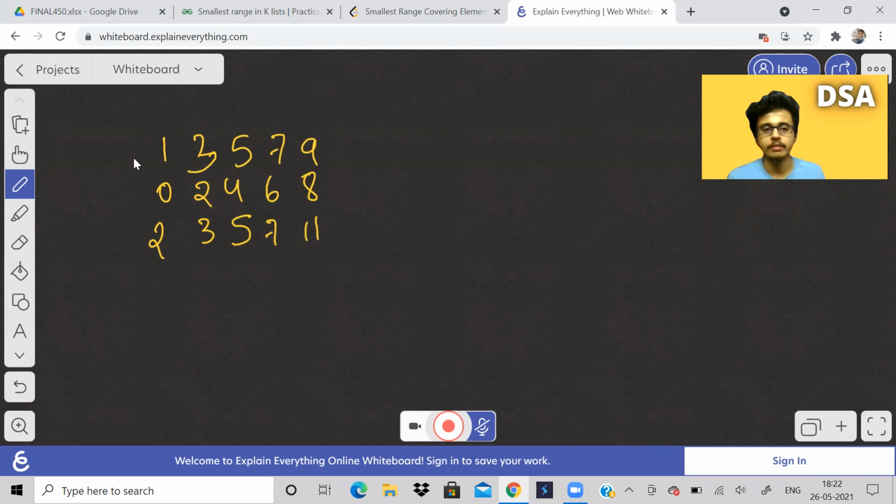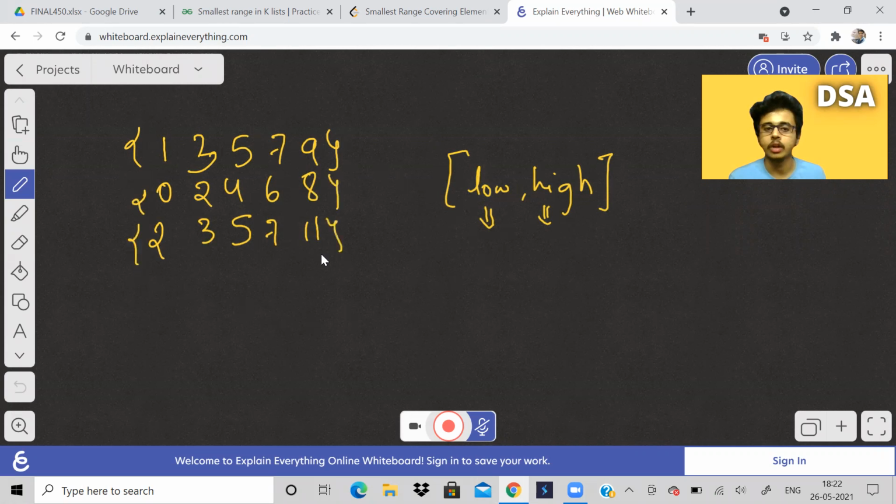And we have to tell a specific range. Our range will be some low to high, and we just have to tell these two values, such that at least one element from each of these lists is in this range.